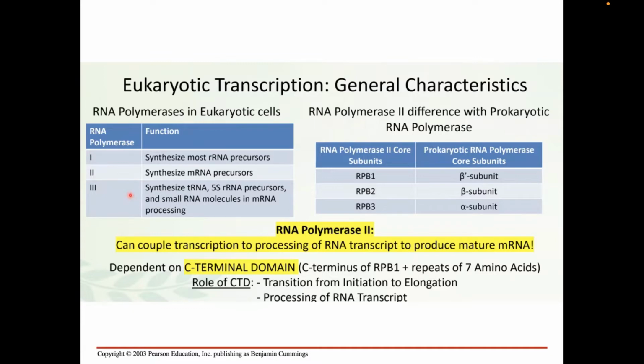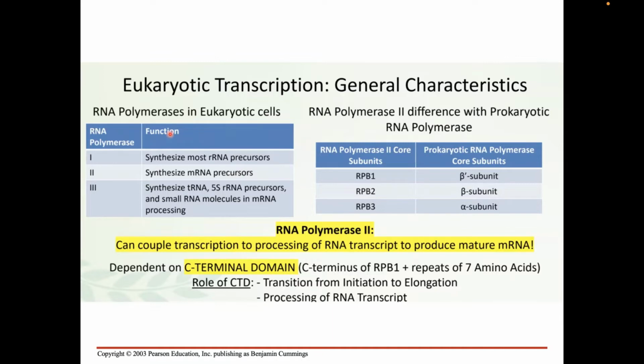For RNA polymerase 1, its function is it synthesizes most rRNA precursors. Meanwhile, RNA polymerase 2 synthesizes mRNA precursors. And RNA polymerase 3 synthesizes tRNA, 5S rRNA precursors, and small RNA molecules involved in mRNA processing. And then the difference of RNA polymerase 2 from the prokaryotic RNA polymerase is that RNA polymerase